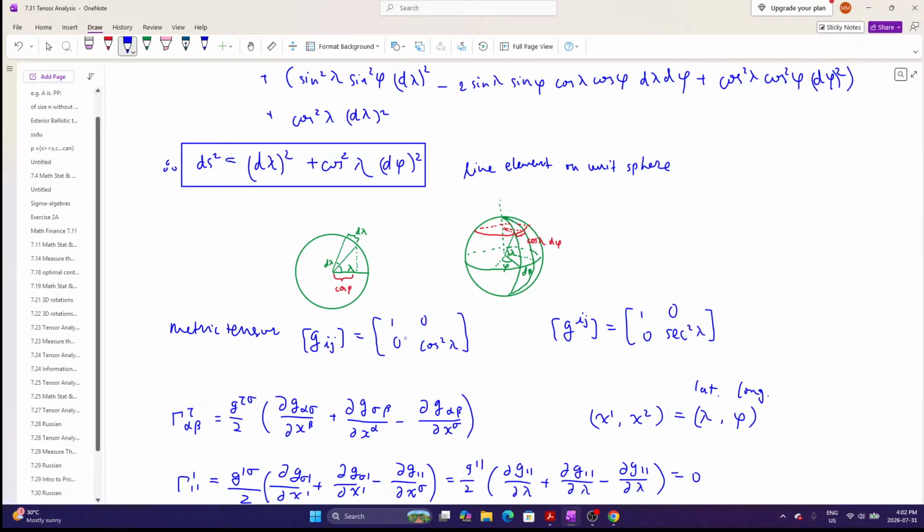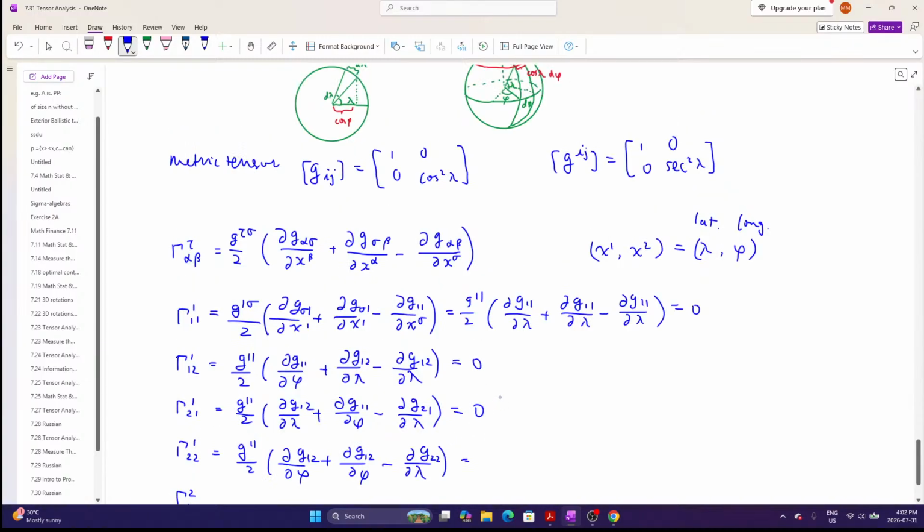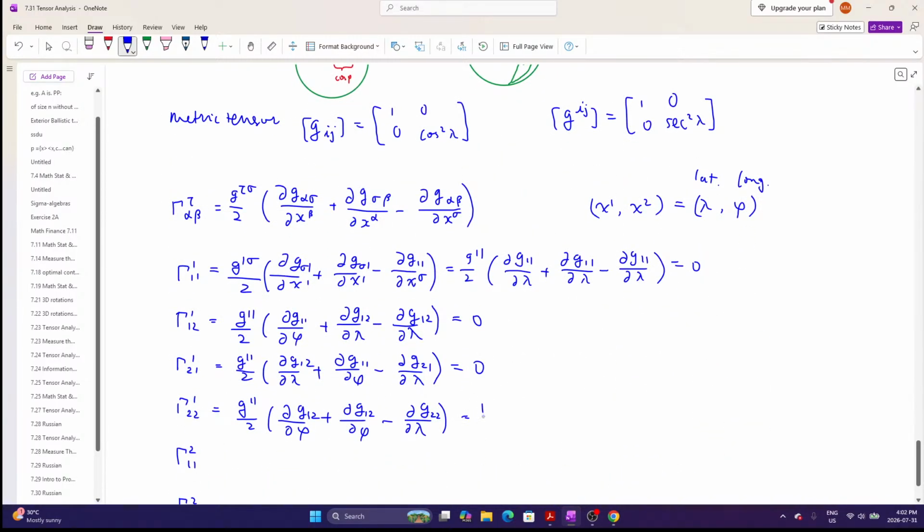It fails to be positive definite. You need the square here. So just differentiate cosine squared. You get 2 times cosine times minus sine of lambda. Okay, so there's that. Here you got G11, as I said, is 1 over 2 times